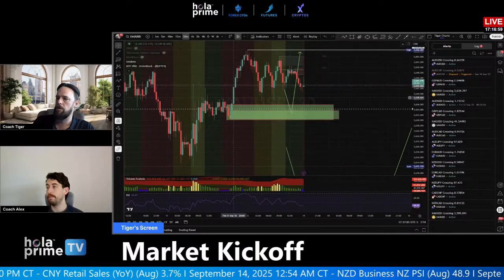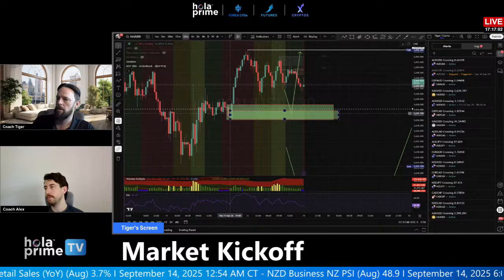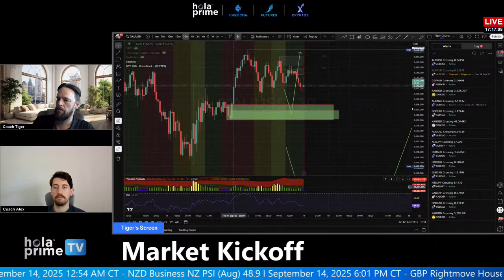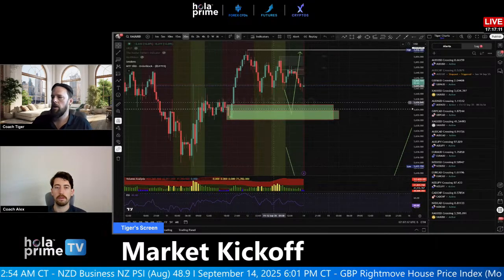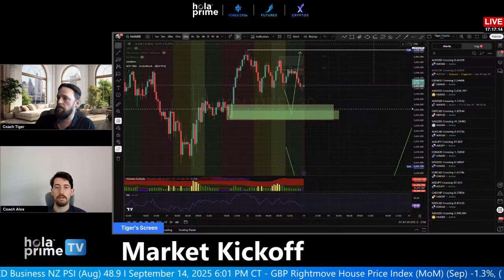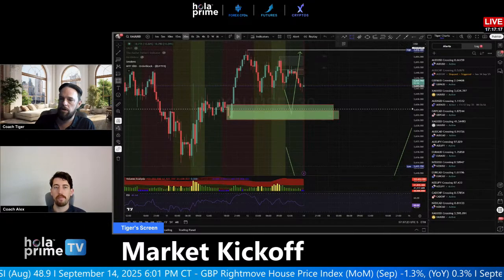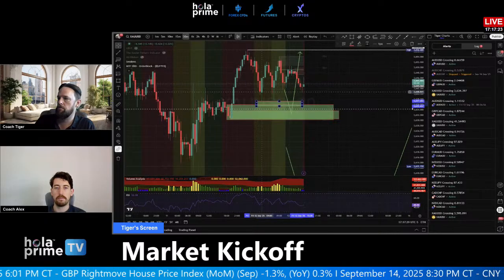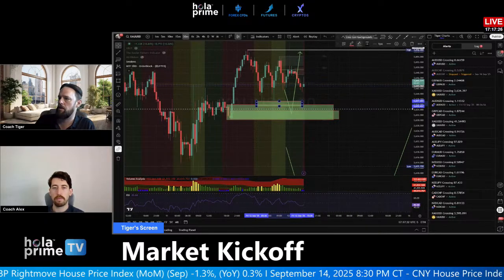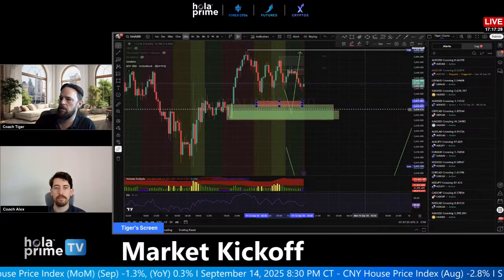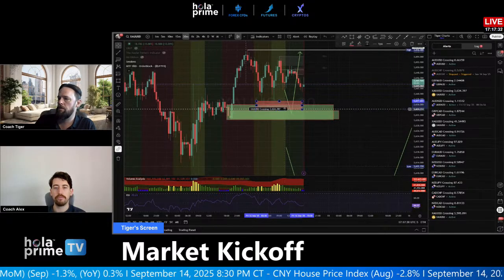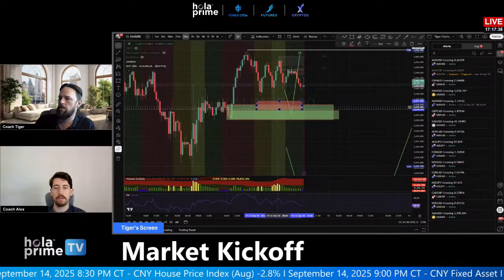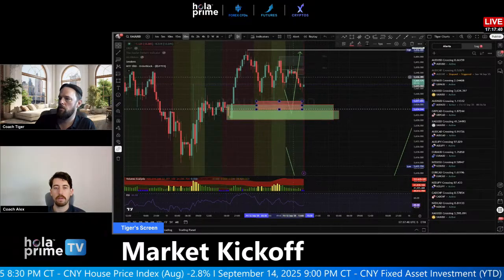Another good setup here. This is a 30-minute time frame, so a 30-minute demand here. Again, we got the gaps coming out, strong price, increasing volume. I do like to see those volume spread analysis candles. And just like the CAD trade I showed a minute ago, we're starting to get this liquidity build up from these traders buying this market here. They're putting their stop losses down here. Their stop losses are sell orders, right? So they're putting their sell orders just ahead and even inside of this demand zone. So that's another really good setup. Give me that liquidity sweep